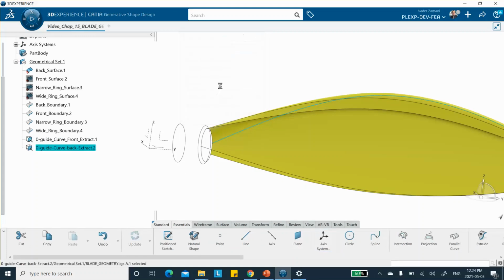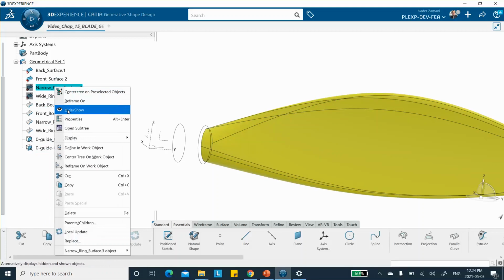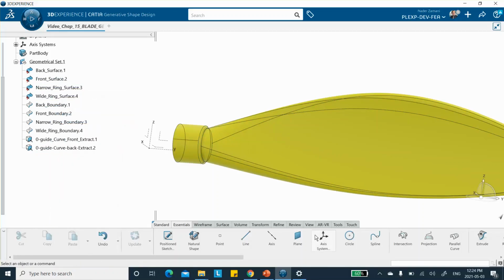Axis System 1, right there. Okay, so let me bring all of these things into the show mode, hide, show, hide, show, and hide, show, okay? And put this thing in the isometric view,